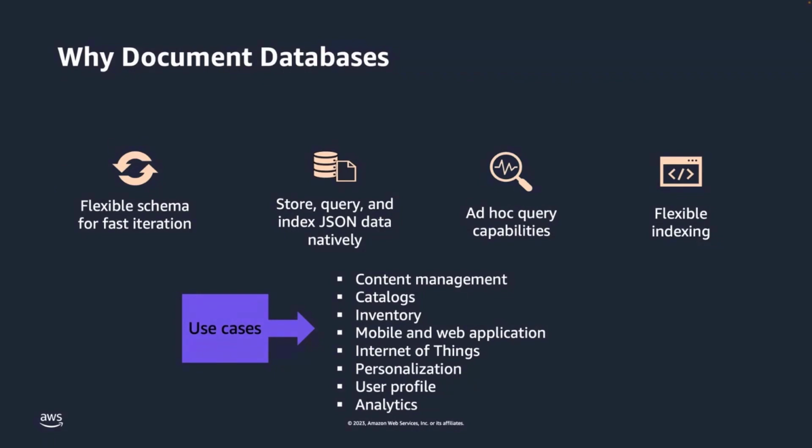We often talk with customers and they ask us why document databases. So we thought that this would be a good opportunity to talk a little bit about why. One of the first reasons is that data is stored in a JSON data format. So as we're storing data in that format, it's easily structured. It maps naturally to how we think about modeling data in our applications. We typically don't model data in a tabular format in our heads. We're thinking about groups of things instead.